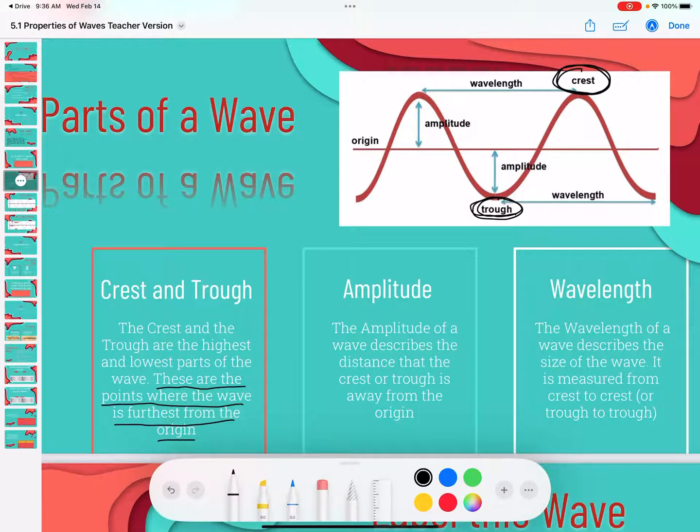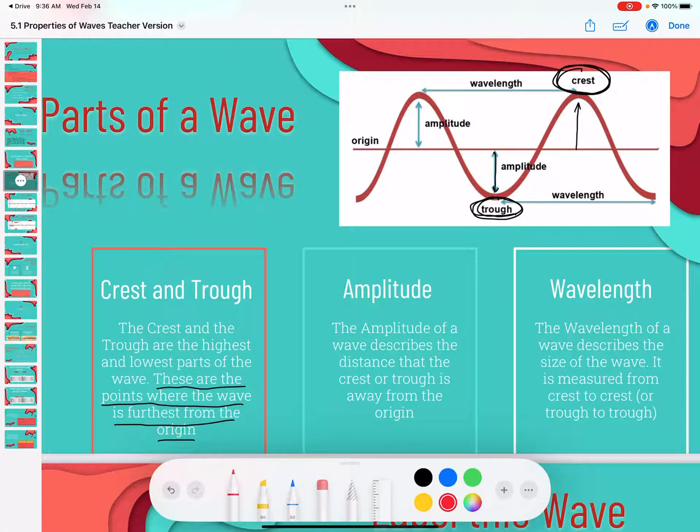And what I'm talking about with the origin is kind of a line that, if I was to divide a wave perfectly in half, that's the origin. And so at the crest and the trough, that's as far up or as far down as we can possibly get from that middle line. And the distance from that middle line to the crest or the trough is what we refer to as our